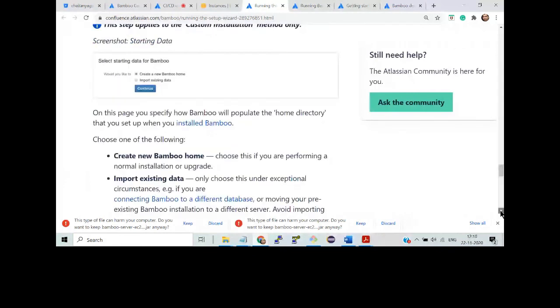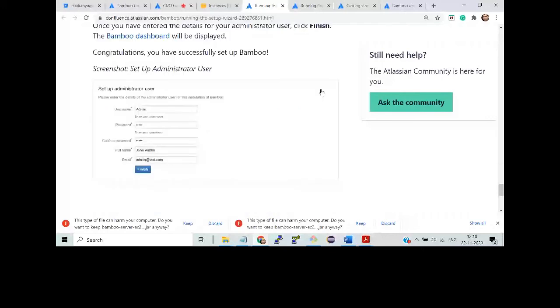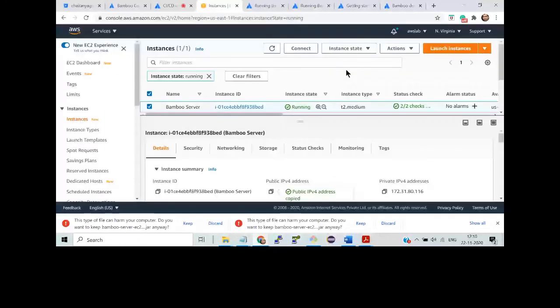Once you're done, you're going to have a user screen in which you can put in the user's name, password, and whatever you want to set up. Let me show on a high level, in case you're new to Amazon. This is where you want to go ahead. So you might want to click on launch instances,